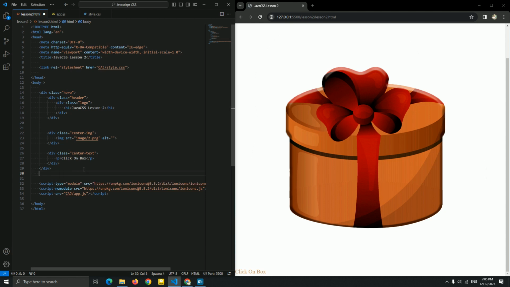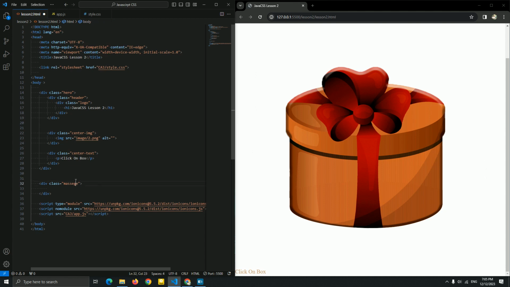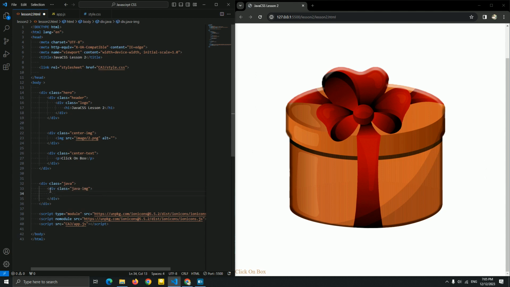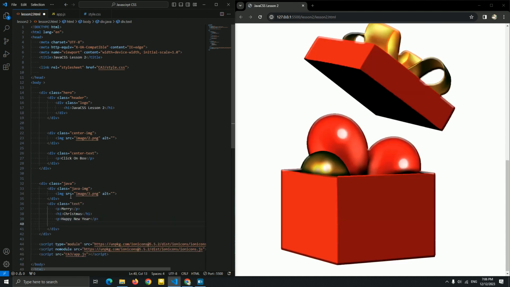To create a message, let me name it message, doesn't matter. Or you know what, let me name it Java, and be this Java image. I want a simple name, and now let me add an image. And now let me create a link for the back option and open option.